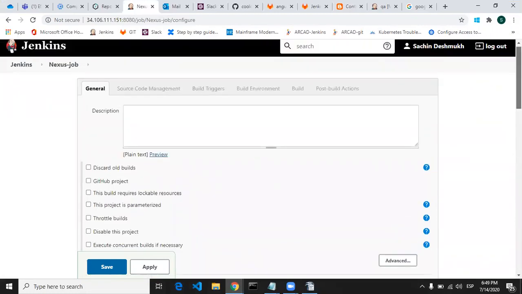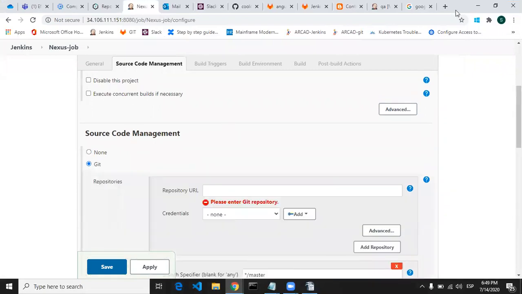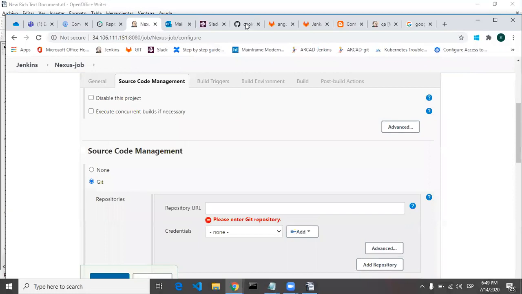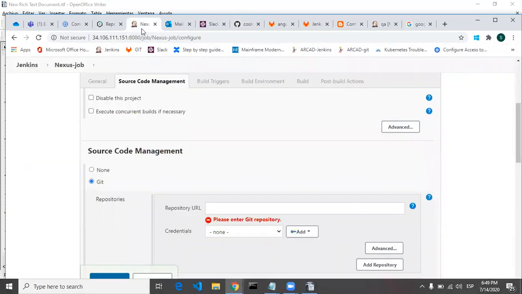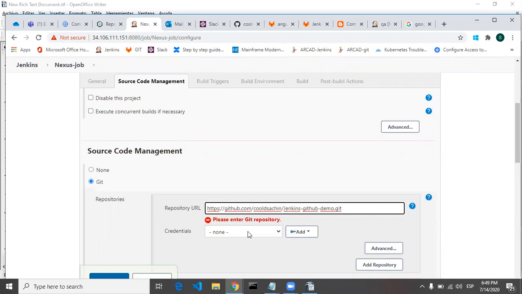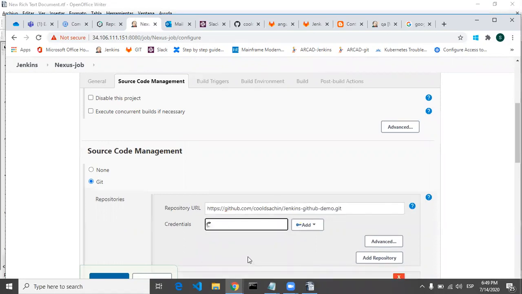Okay, so let's check again, git, then we have to select the repository. Let's copy this, Nexus, Control V, then credentials. You have to give the GitHub credentials here,